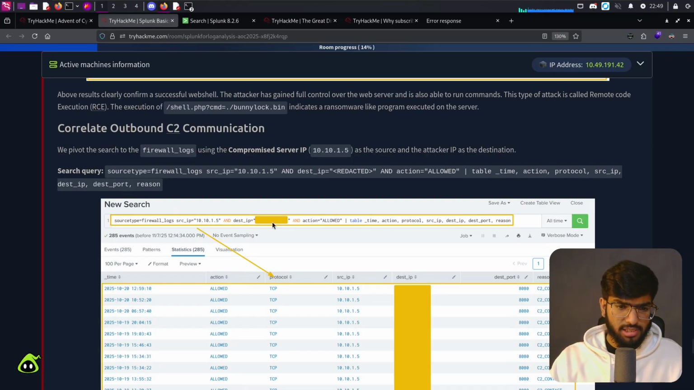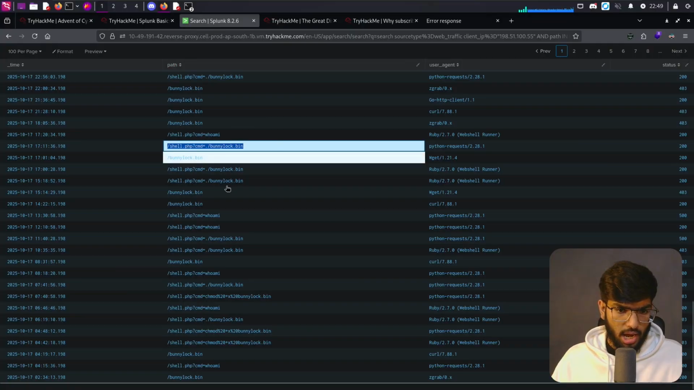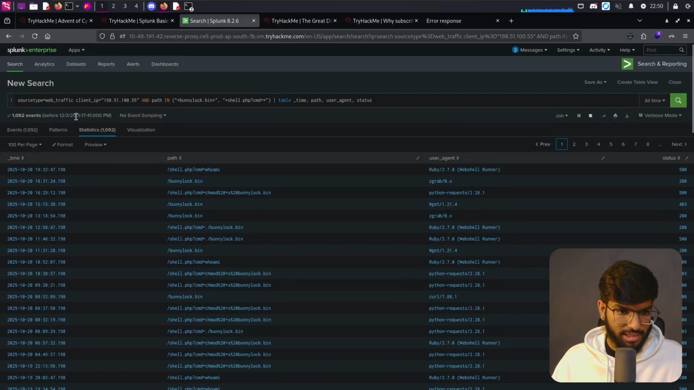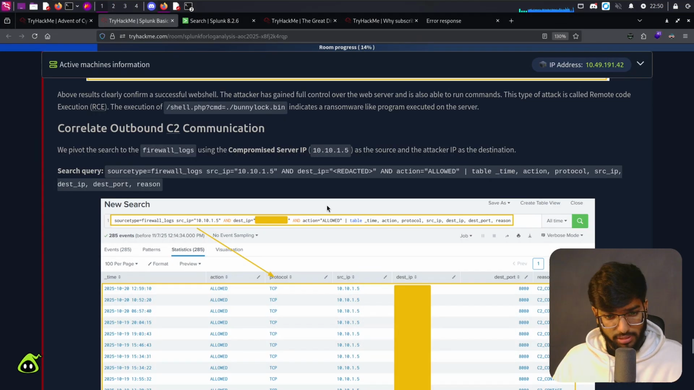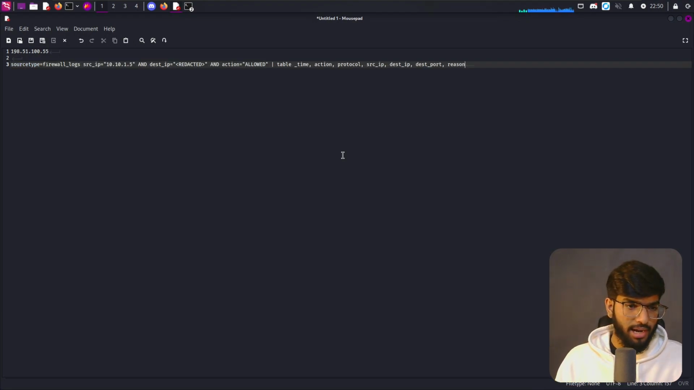We pivot search to the firewall logs using the compromised server IP address as the source and the attacker's IP as the destination. So we already identified the destination IP address, which is what we are using since then. That's our C2 server's IP address. They've given us a new search query. Let's copy the search query first and then analyze what we are actually looking at. Let's paste that in here. And this time, from the web logs,